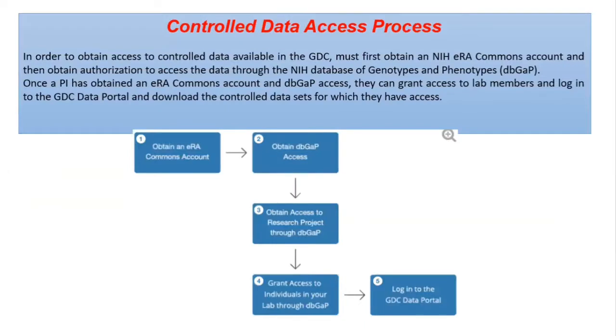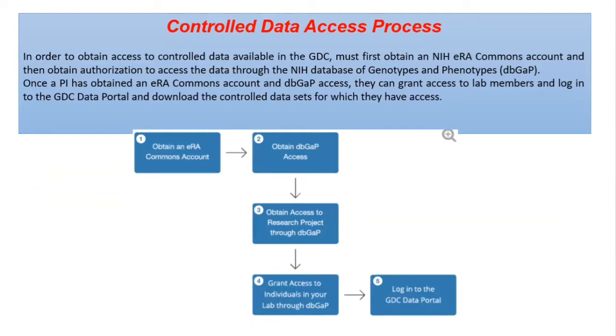Next, what is actually the controlled data access process? Why am I calling it controlled access? Those who are using NGS data analysis for their work, some of the data in the form of sequences, that is VCF files, or BAM files are available. So those data sets are in the form of GBs, large data sets. So for downloading those data sets, there is some controlled access in the particular GDC portal.